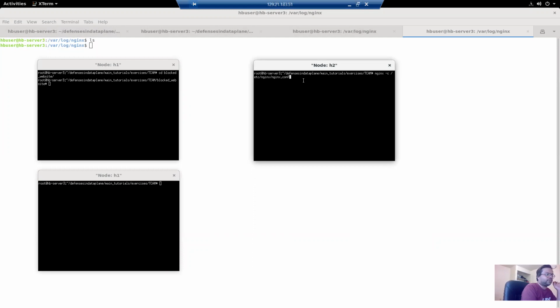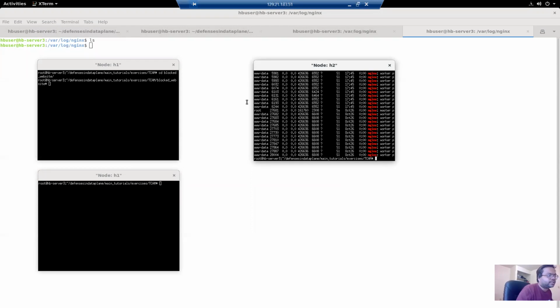Now I'm running that on my H2. You can check, the process is running on Nginx. You can see these many threads are running.